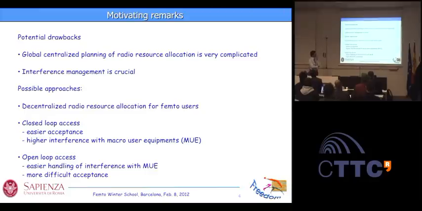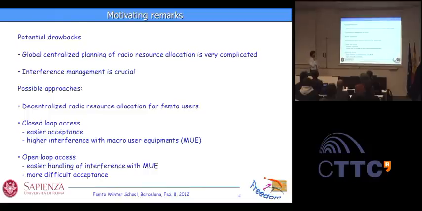And then we also have to deal with interference management. In particular, there are several access strategies already foreseen for femtocells. For example, we might have closed access. With closed access, it is clear that we might have more interference just because the femto-access point is serving only its own subscribers, let's say one or two people, the people living in that house, for example. And then all the macro mobile users passing by nearby this apartment might experience interference.